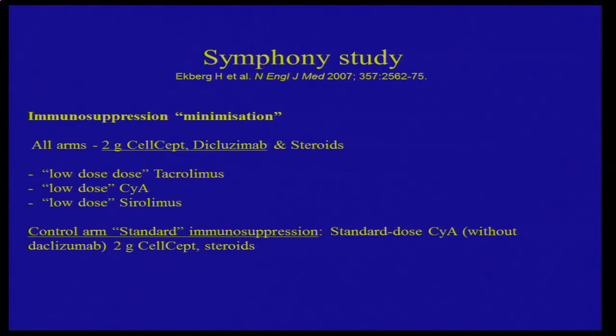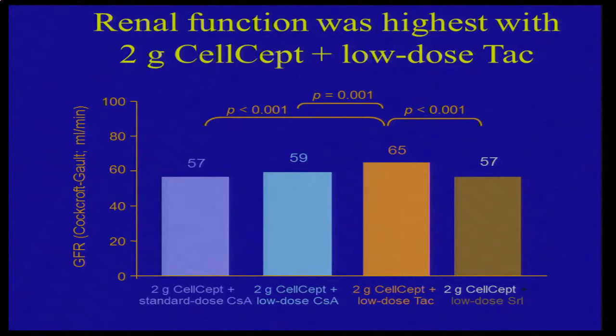And now this study, which I want to highlight, which has really been a landmark study, the Symphony study, which has driven our current protocol in renal transplantation these days, which looked at low-dose tacrolimus, low-dose cyclosporin and low-dose sirolimus together with mycophenolate and an IL-2 receptor blocker. The Symphony study has, as I said, shaped our current day immunosuppression, and what it did show was that there